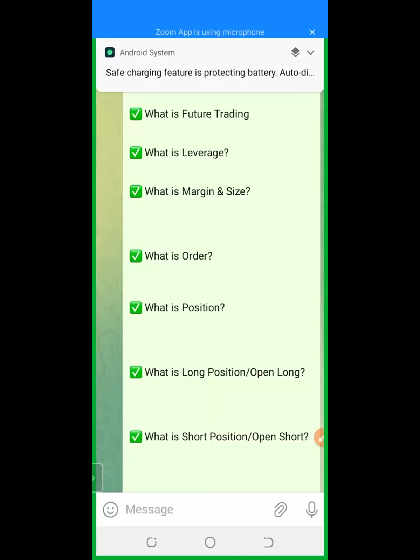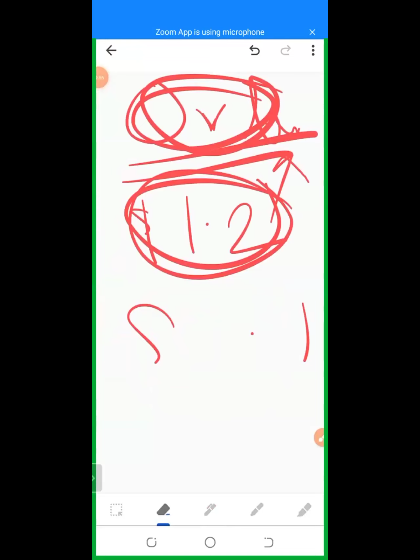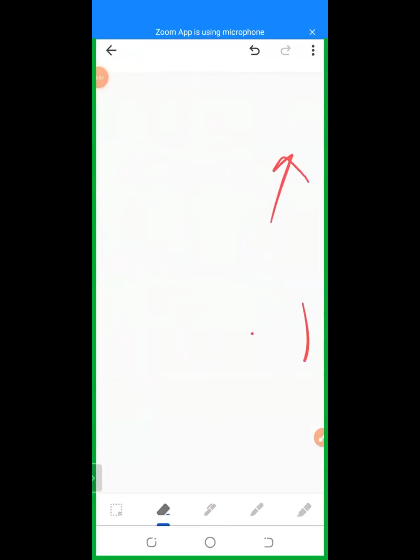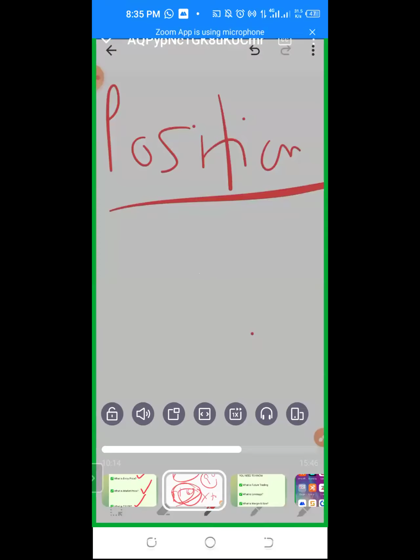Now, what is position? Position in futures trading. As compared to the order that I just explained,